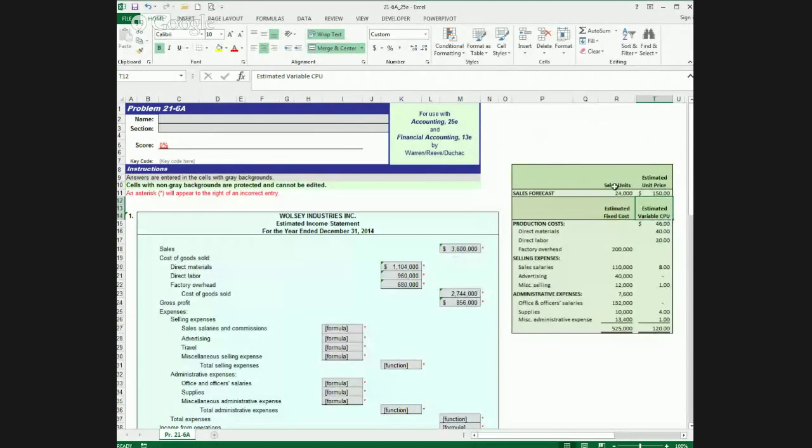To change back to the original case, let's just enter in 21,875 units at $160 a unit and push enter. And there you have it. We're back to our original condition,